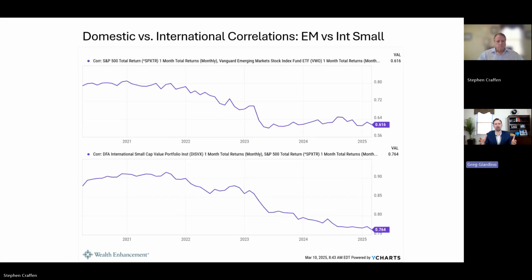And then we also have to take a look at emerging markets versus international small companies. Right. Now, with emerging markets, that's some of the BRIC companies, right? That's Brazil, that's India, China, or Russia. Looking at this, we could see that emerging markets is maybe 0.60 on the correlation scale, and right below it is international small. So international small is pretty similar to emerging markets. It may not be as uncorrelated, but it's pretty close.